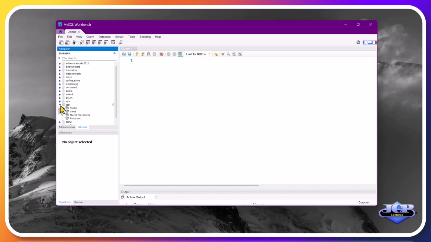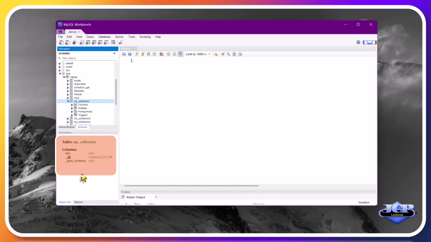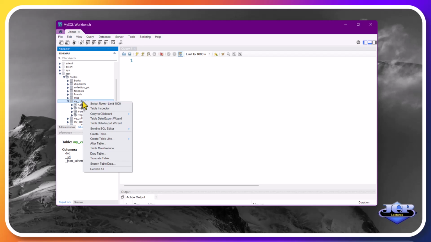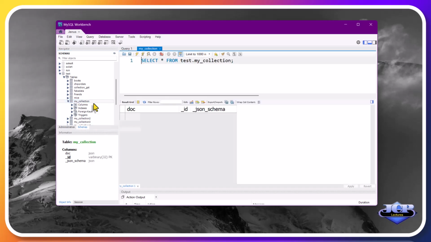After the connection, we can open any schema from the list. This time it will be schema test. And from that schema, we can select to open the collection My Collection to work with it. We can see that this collection is a JSON document and that the doc component has 9 dictionaries with keys ID, age, and name.